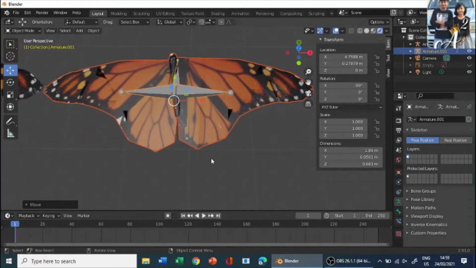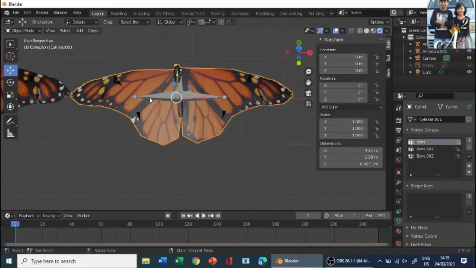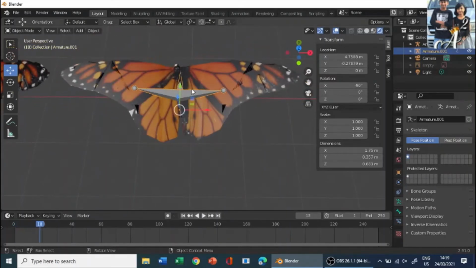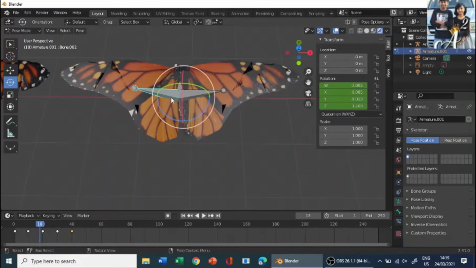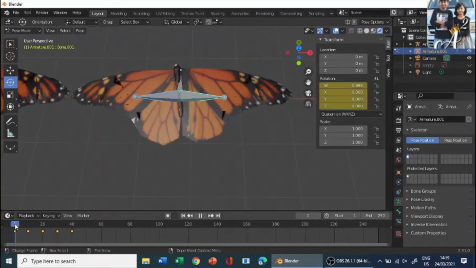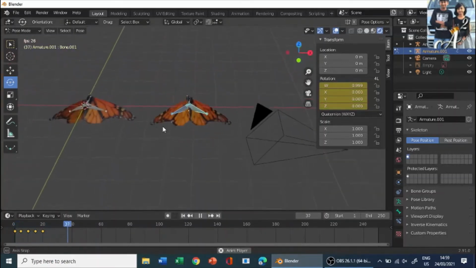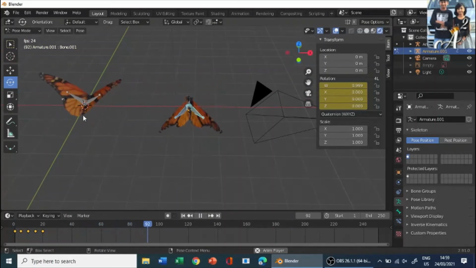So for that, click on the bone, and if you see your animations, they should be there. So wait for it. If you click on play, it's playing. So go to edit mode or pose mode, and now if you check, your keyframes are all there, right? So Shift and select the next bone also, select all the keyframes and scale them down. Go to the first frame and scale it down, so that it will be much faster than before. Now if you see, this butterfly is faster than this.